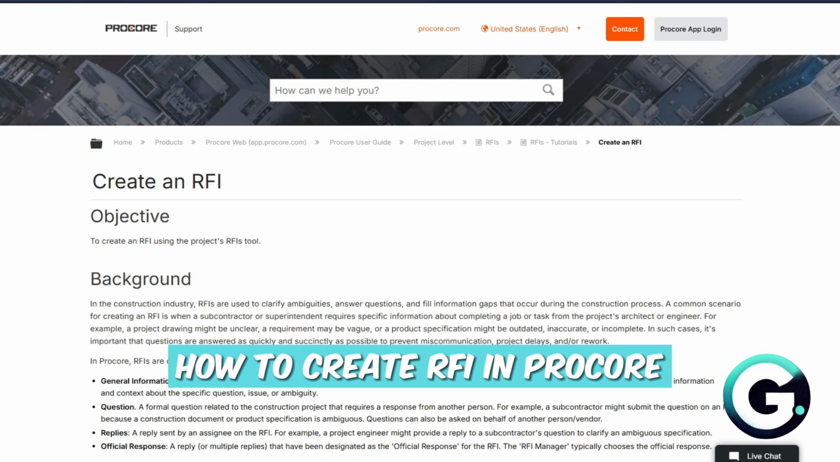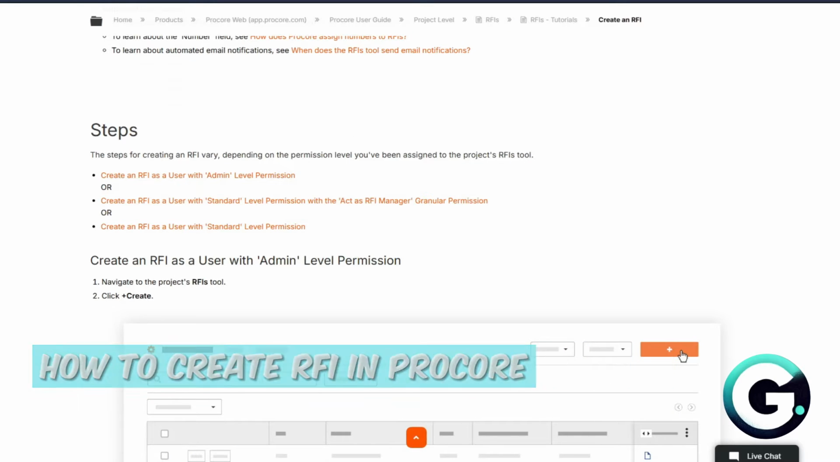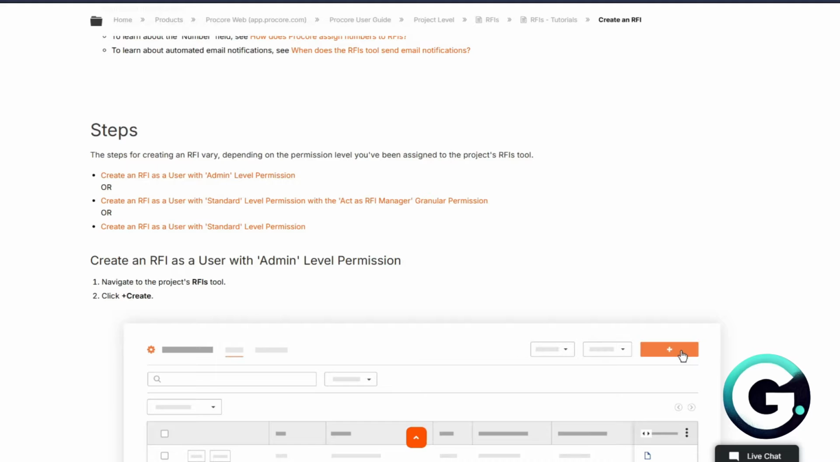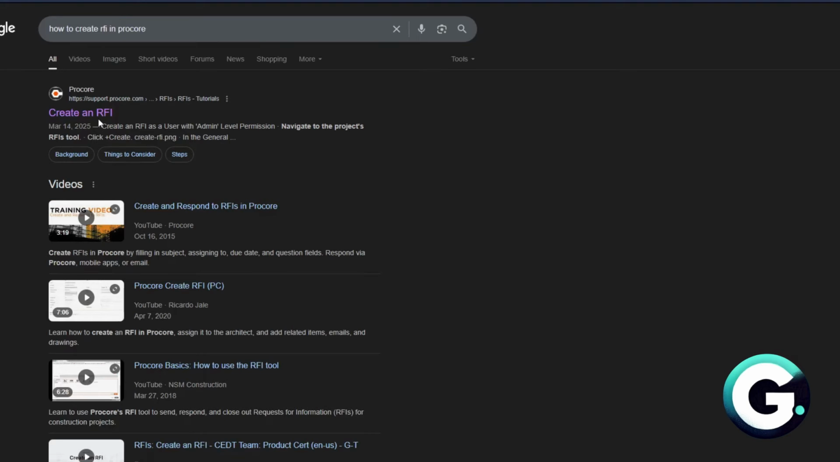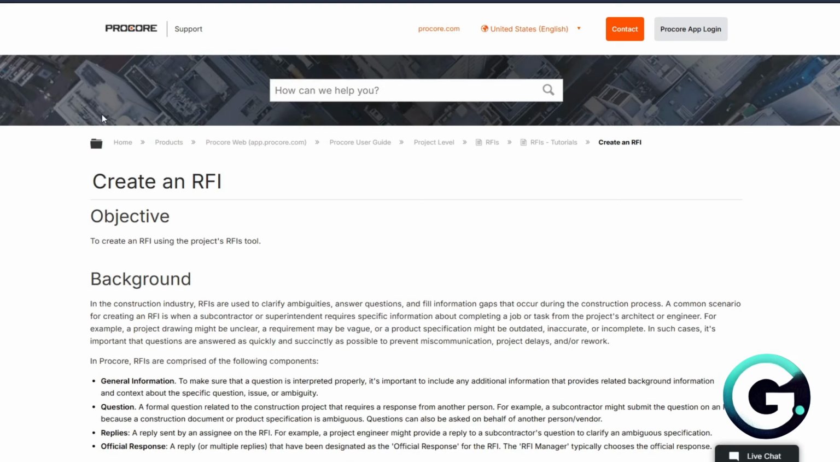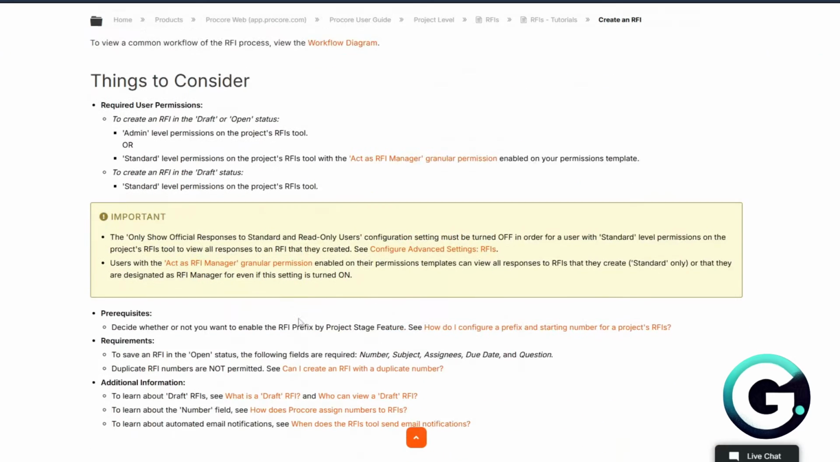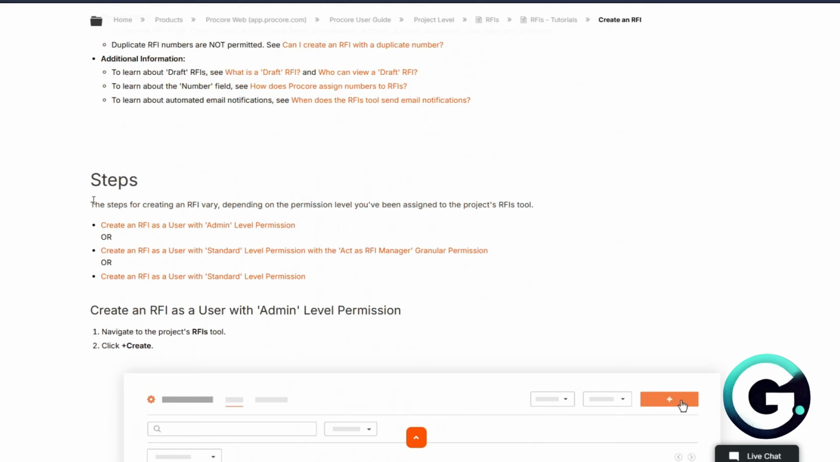In today's video, I'll show you how you can go ahead and create an RFI in Procore. Now to make this tutorial or guide simple, you want to navigate through the official guide or article on Create an RFI on the official website. This is because there are multiple ways for you to do this depending on your access in Procore. And so if we go down right here, we can then go ahead and see the various steps for